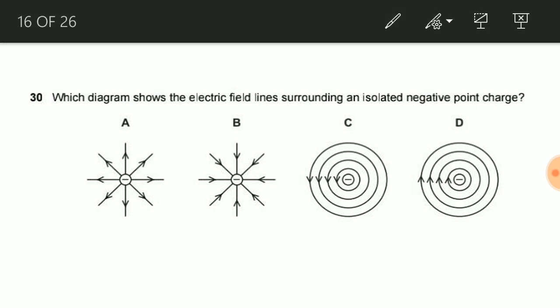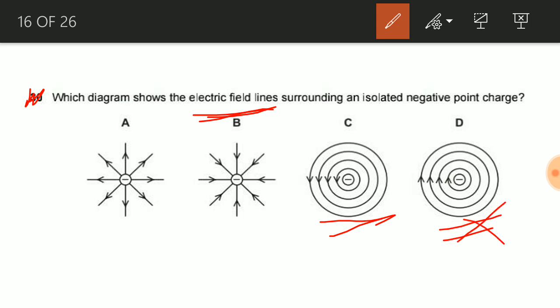Now let us see this question. This is also important for your entrance. In this question we need to know what electric field lines are. Electric field lines are imaginary lines. They start from positive charge and they end in negative charge. They are not circular like this. Because of that, option choice C and D are wrong. For a negative point charge,